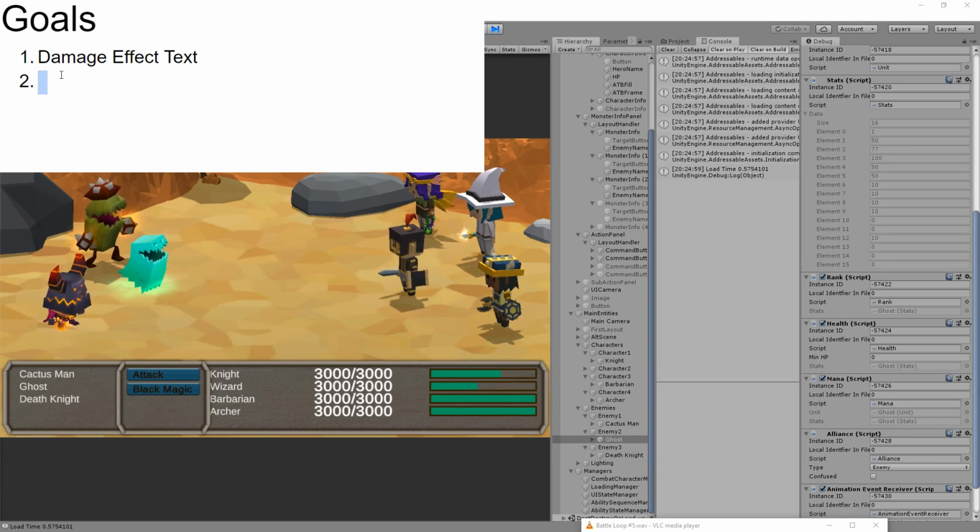So that's super neat. I think getting the damage effect text is still a good last step on this rush through to get this loop working, because it's the final piece to show that something actually happened. We're able to target an enemy, we play an attack animation, they get a hit animation. If we had the actual text effect, we'd be like, oh, I did damage to that guy. That would be super cool. Once we get that going,